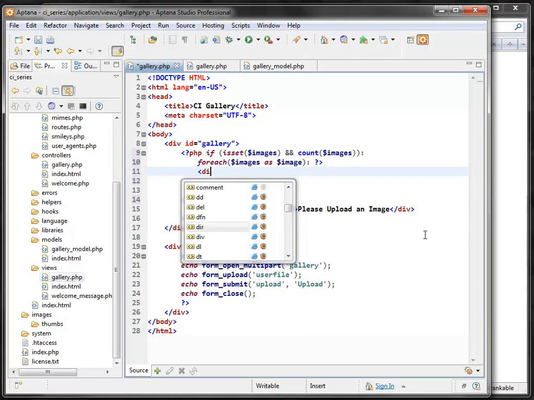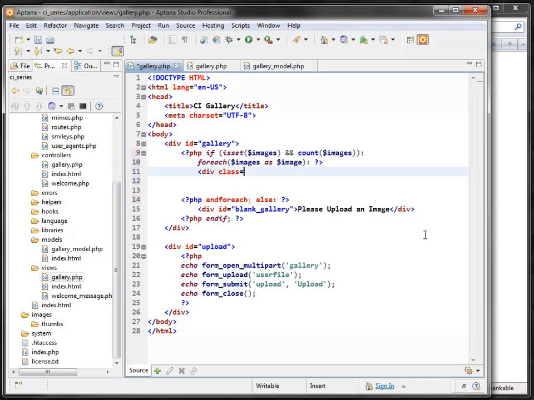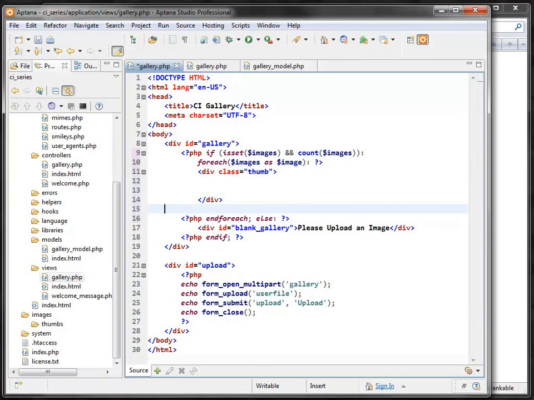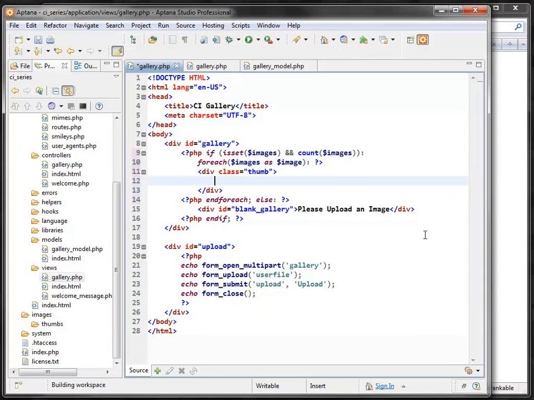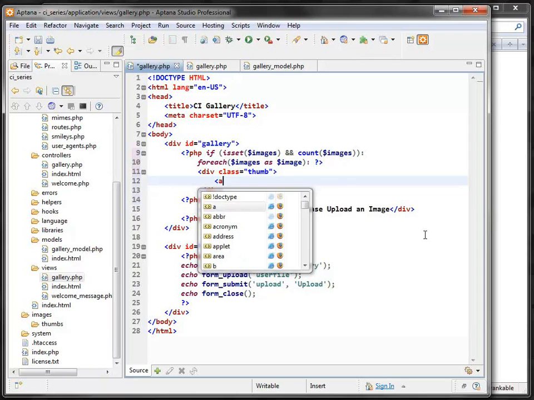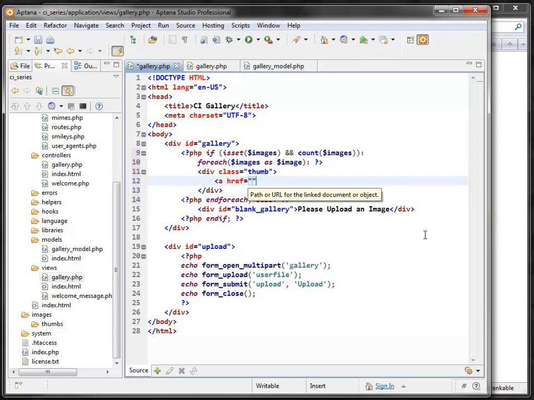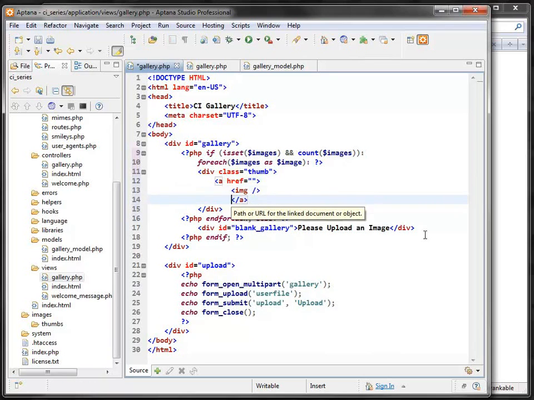So let's say we have a div with a class of thumb. Instead of ID, I gotta use a class. Later on, I'm going to style these. So right now it's kind of all bland, but it's a thumbnail which links to the main image. So it's an A tag, and there's an image tag. So the A tag's value would be, I'm going to separate these to different lines. So the A tag's link URL will be the image URL